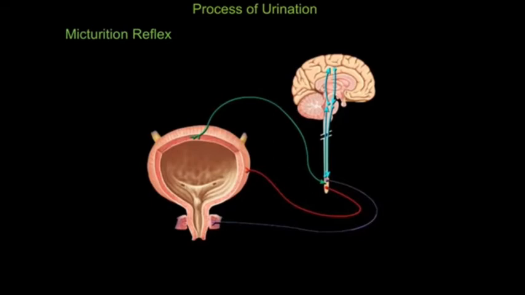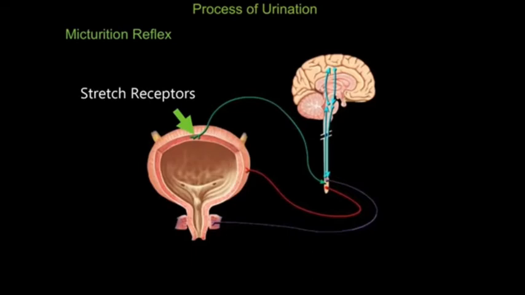Once urine has been produced by the kidney and transported to the urinary bladder, it's now time for urine to be expelled from the body. Micturition is another term used for urination. The urinary bladder is composed of transitional epithelium and smooth muscle, and embedded in the wall of the urinary bladder